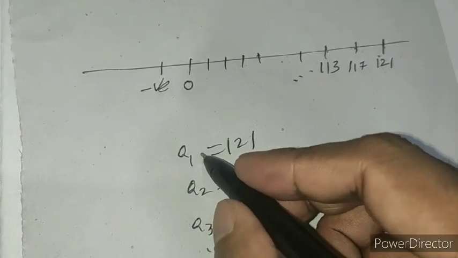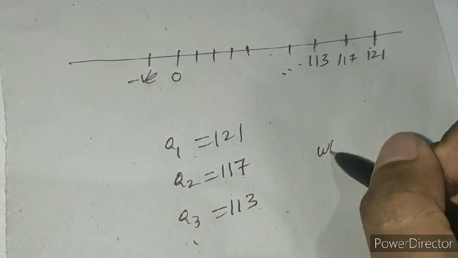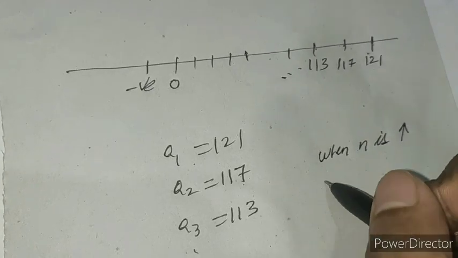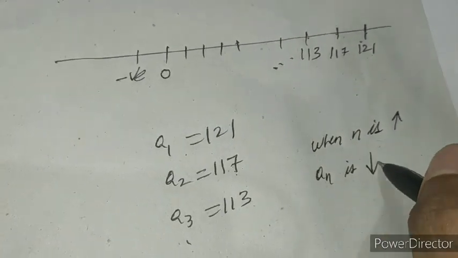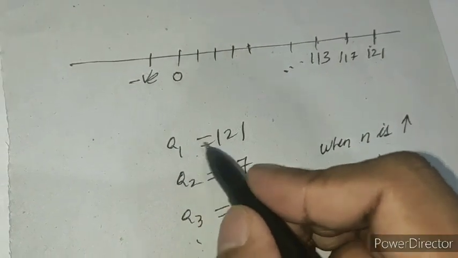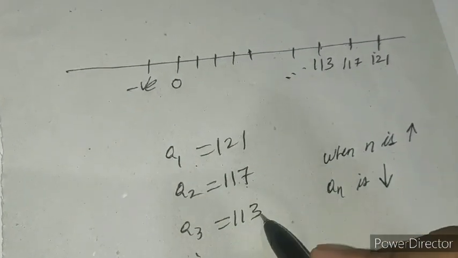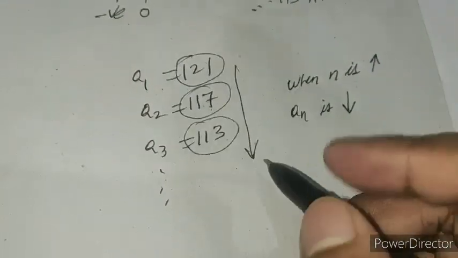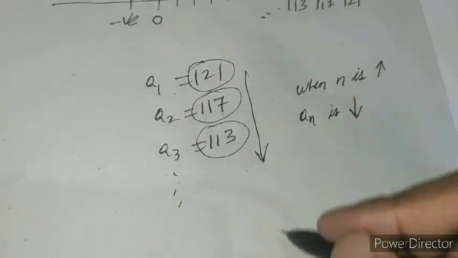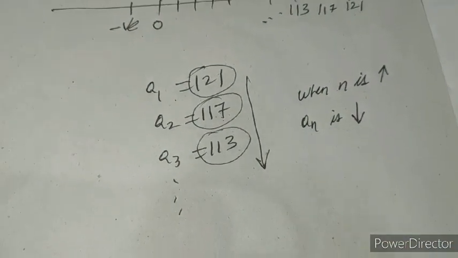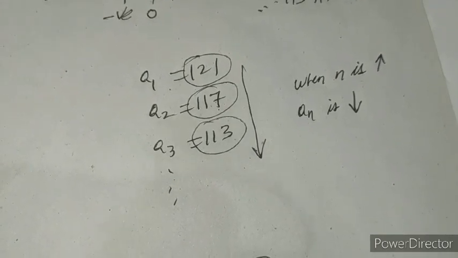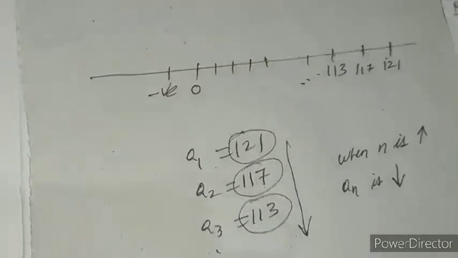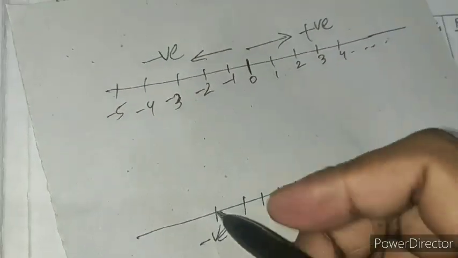When n is increasing, then an is decreasing, right? A1 is 121, A2 is 117, A3 is 113. That means the value that you are getting is decreasing, and in some term it will go to the negative part. So we have to find that n. So how? In this number line, as you can see,